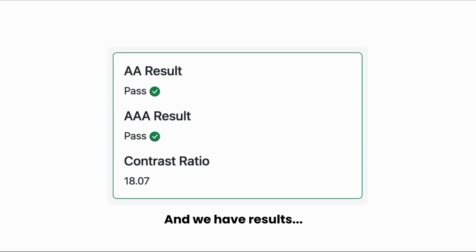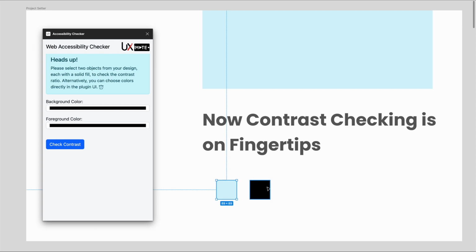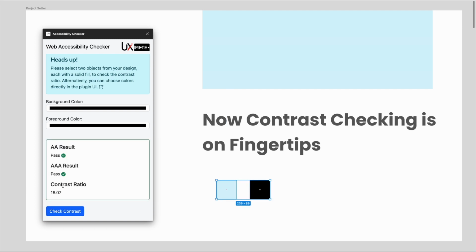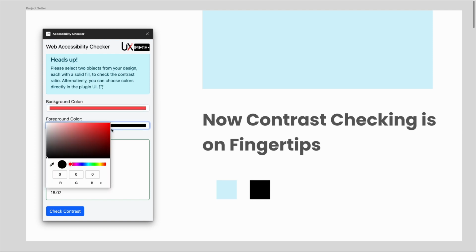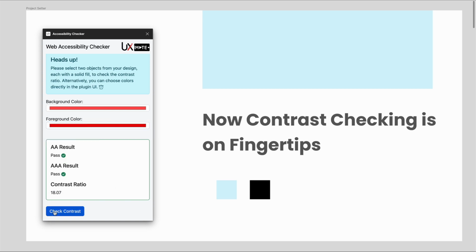Here's how it works. Simply select two objects in your design featuring solid colors you want to test. With just a click on Check Contrast, the Accessibility Checker will analyze the selected colors and provide immediate feedback on their contrast ratio. Not only does the Accessibility Checker save you time and effort, but it also ensures that your